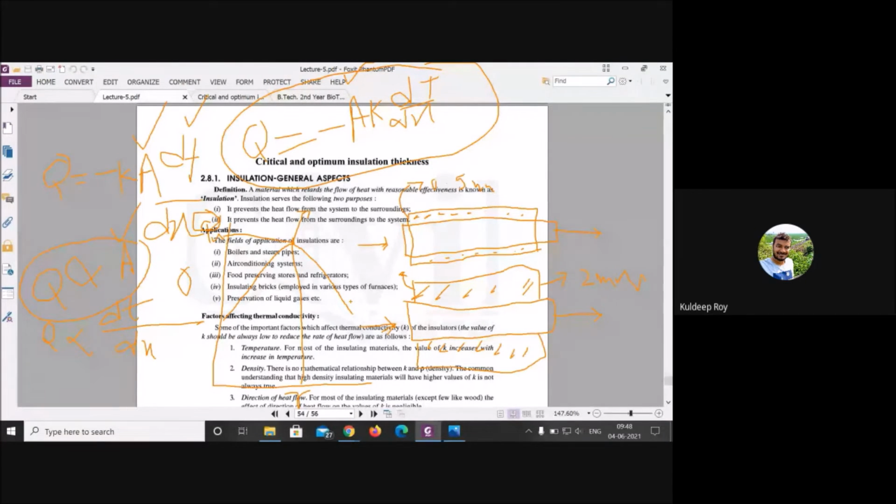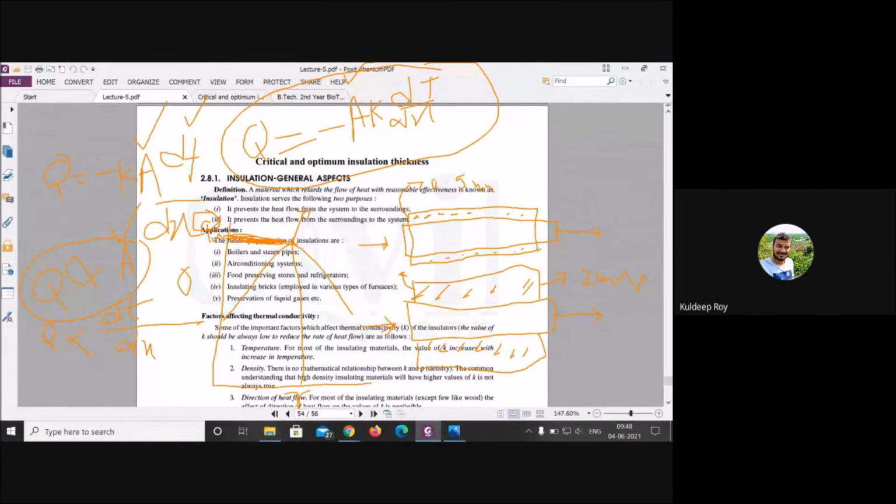If you talk about any kind of boiler, heat exchanger unit, AC or any kind of thing, generally people coat any kind of material beyond the critical thickness, but it will depend on your application. As I already told, there are two conditions. For an electrical cable, you need higher heat transfer. What you will do is apply the insulation thickness where the maximum heat can dissipate to your environment. That is the reason for the cable.